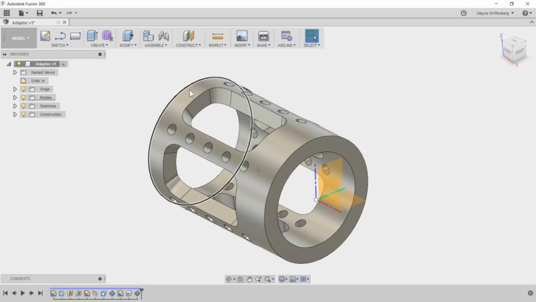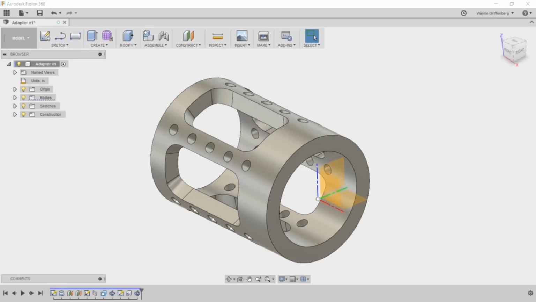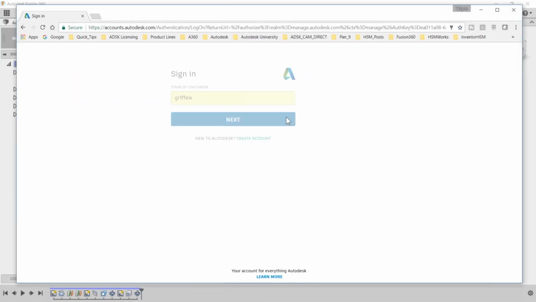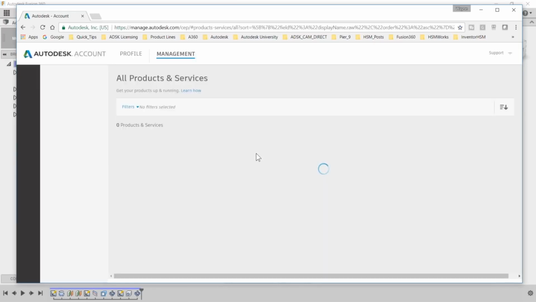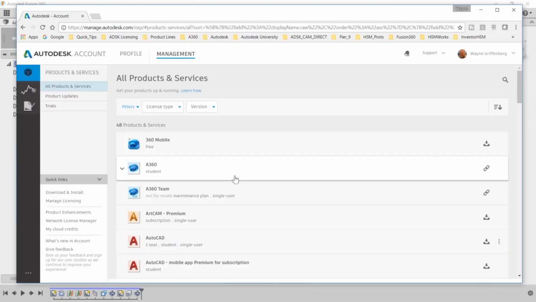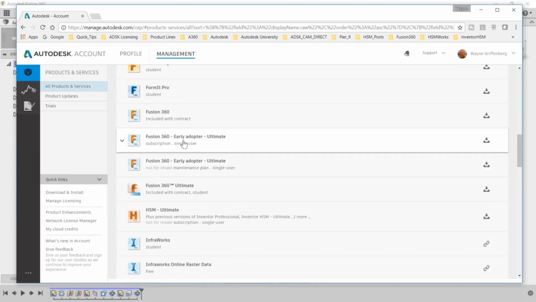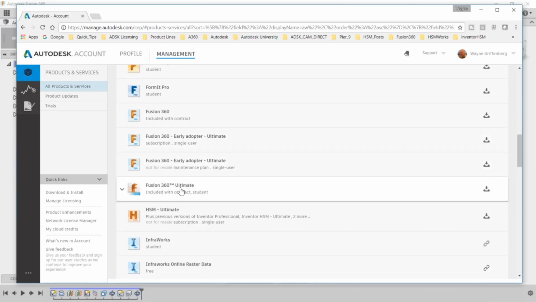Okay, and you should be able to go into your Autodesk account. I'm going to log into mine real quick, so you can see all the wonderful programs that I have working with Autodesk, which is awesome. When you get Fusion, if I go down to Fusion here, it'll tell me right here if I'm working with Ultimate or if I have